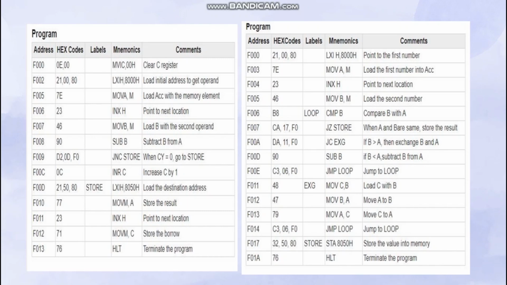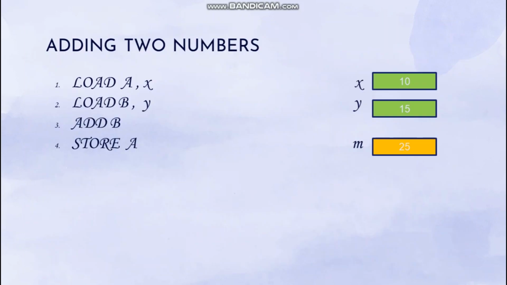These instructions can be only mathematical instructions like adding, subtracting, or they may also include a memory operation, which is called a memory instruction. In a memory instruction, the CPU goes to the memory to either read or write in that particular memory address. Let us take an example of adding two numbers. To add these two numbers, we need to load those numbers. In the first instruction, load A comma X, it goes to the location X and loads the value 10 to the accumulator A. Similarly, in the second instruction, load B comma Y, here the CPU goes to the location Y and loads the value 15 to the register B.